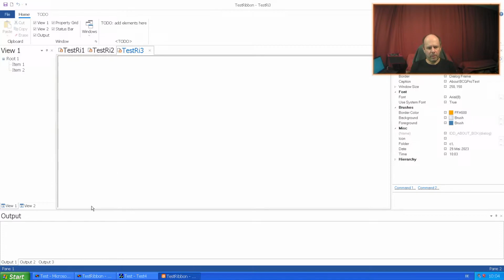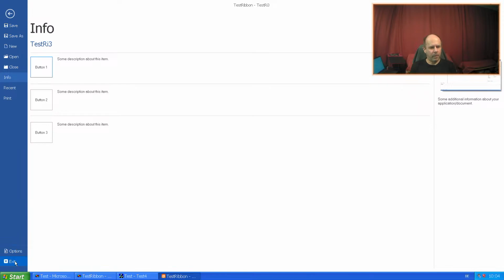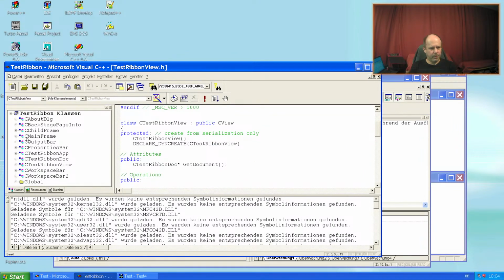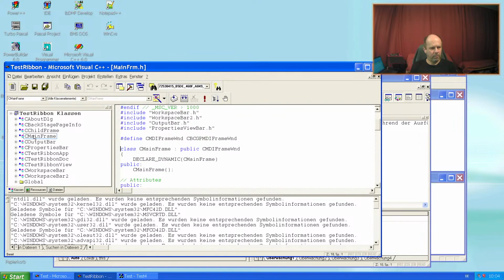But if you go to the software supporter, to the vendor, I can close it now. An application, you see some differences. Where's the app? Mainframe. It is a BCGSoft framework.